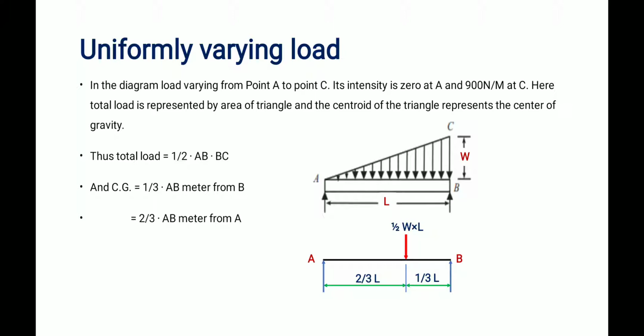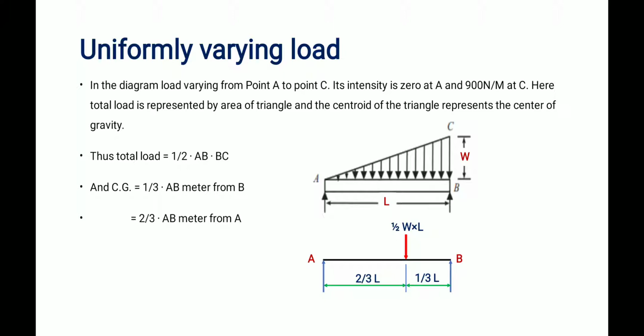So in uniformly distributed load we placed it in the middle. But in uniformly varying load we can't place it in the middle, right? It should be at the centroid point. That means here the load will be higher at the right end, right? At the right end load will be maximum, left end load will be minimum. So the effective load will not be at the middle point, it is somewhat towards the right. That is at the G point, the center of gravity point, that is 2 by 3 and 1 by 3.